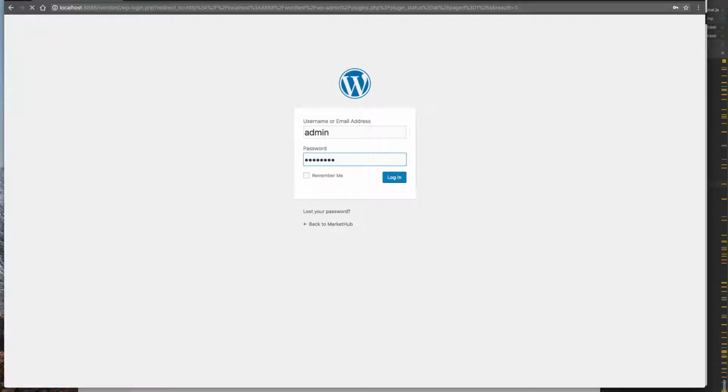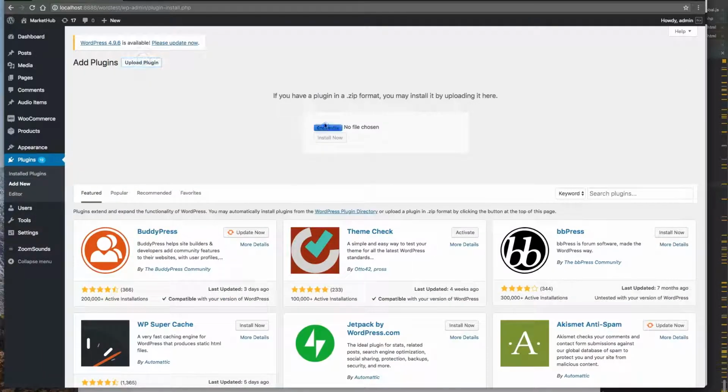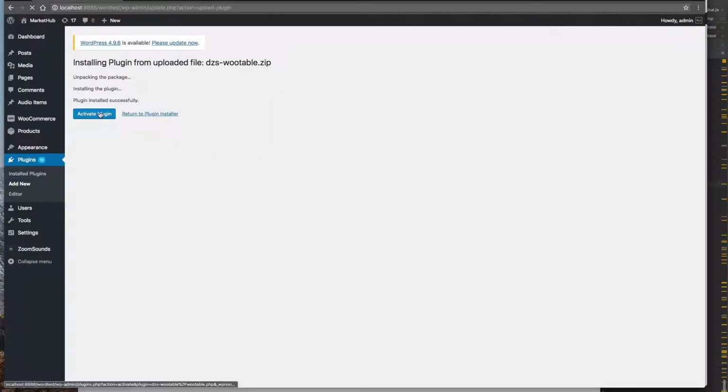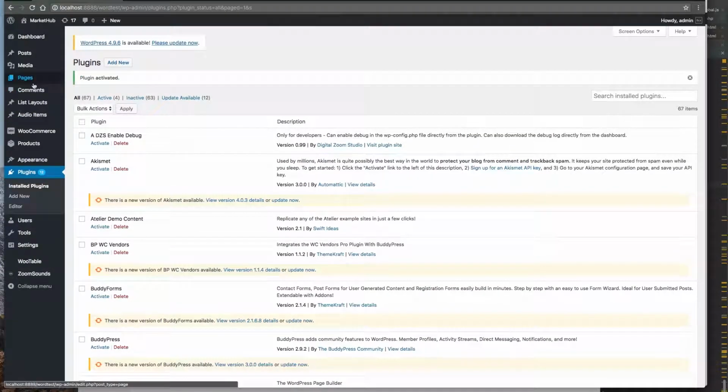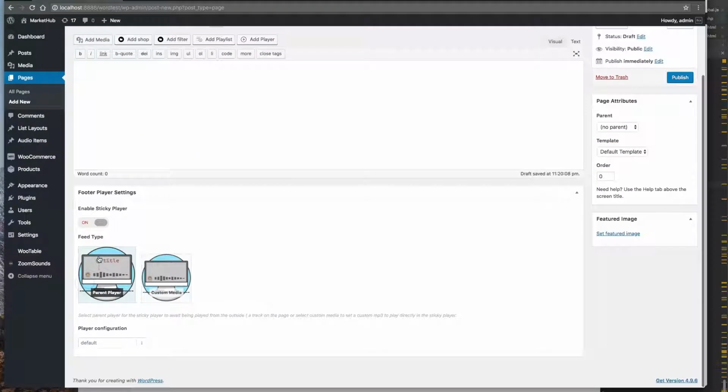How to install Shop Builder. So we go to Add New and upload the zip we get from Codecanyon. And we create our page, or maybe add it to a page. We just click